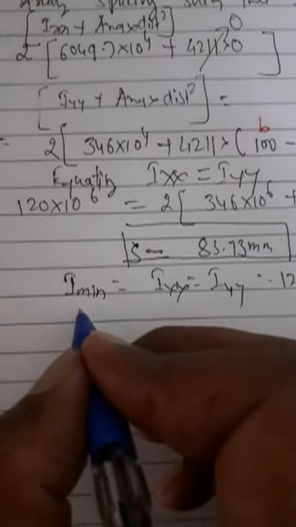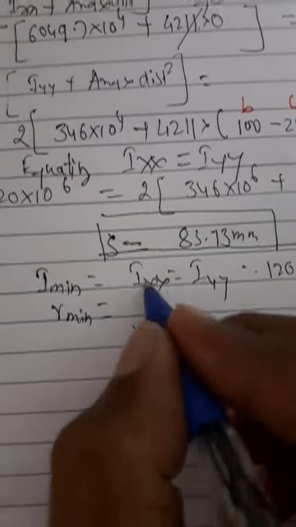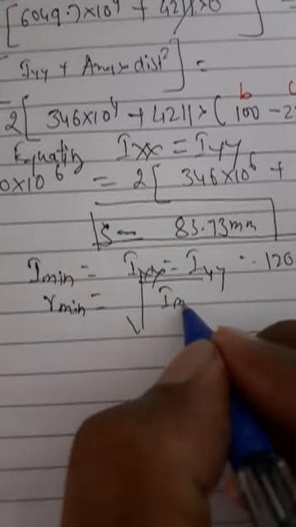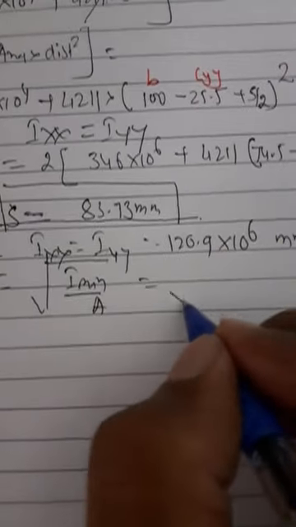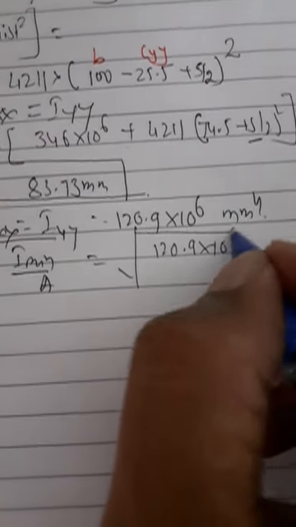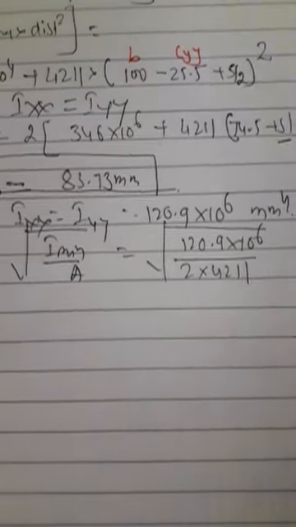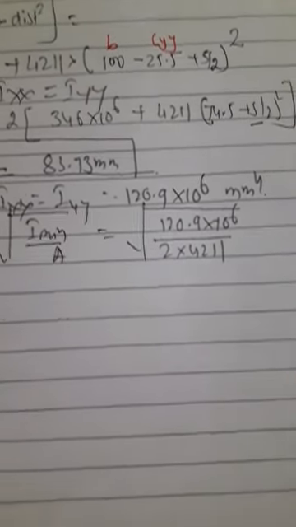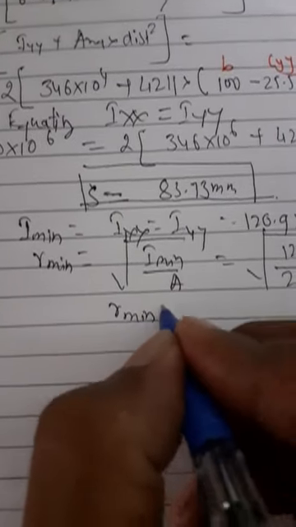Now get the value of r minimum. Radius of gyration r minimum is under root I minimum by area. So 120.9 into 10 raised to 6 divided by area, 2 times 4211, because 4211 is the area of one channel. So solving this, I get r minimum equal to